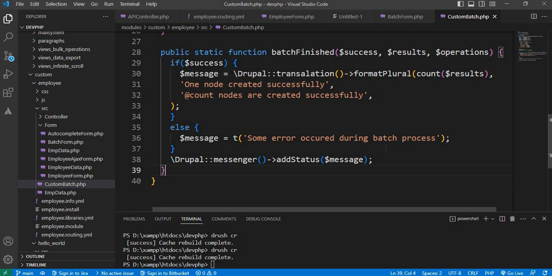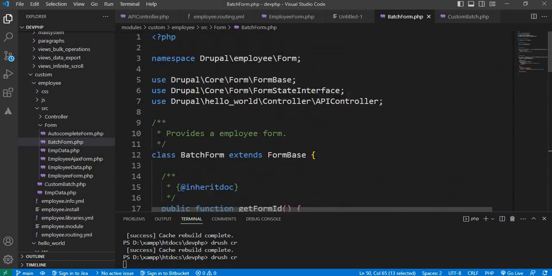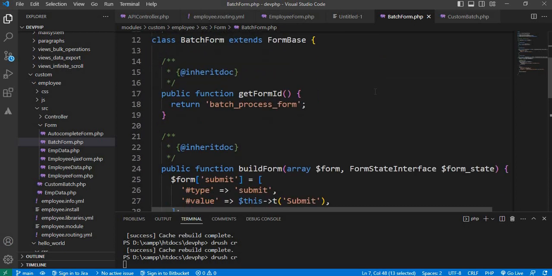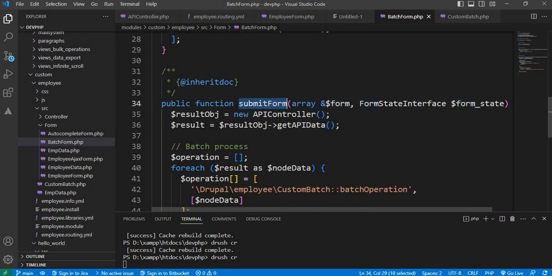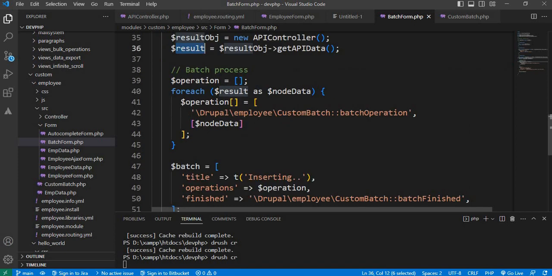Now I will explain this code. Meantime I will clear the cache. First we have created this form, and inside the form we have called this API controller which returns some data, and in the submit function we have called this API